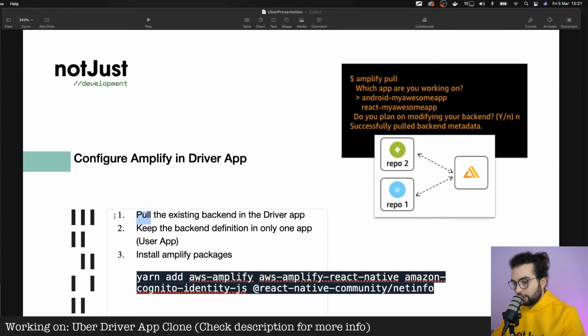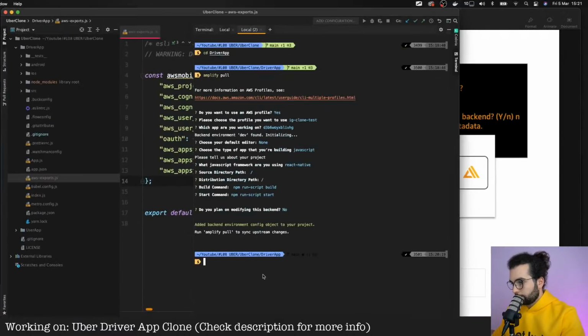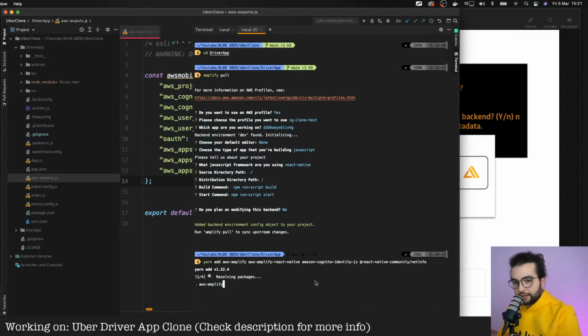Okay, the first step is done. Pull the existing backend, and let's install the Amplify packages in our driver application. I'm gonna copy them from here. Yarn add. Let's install the packages.